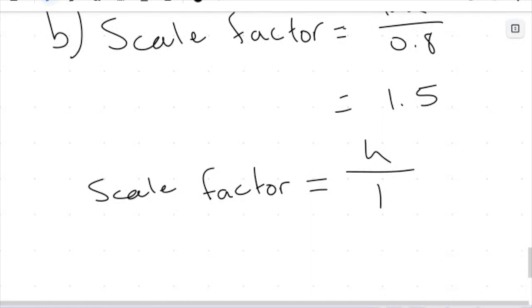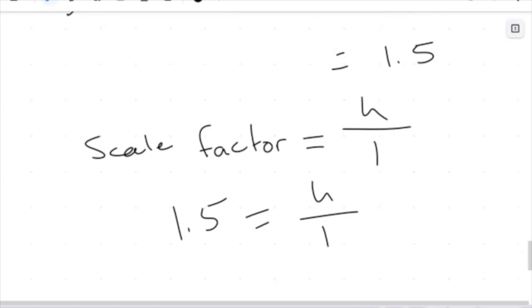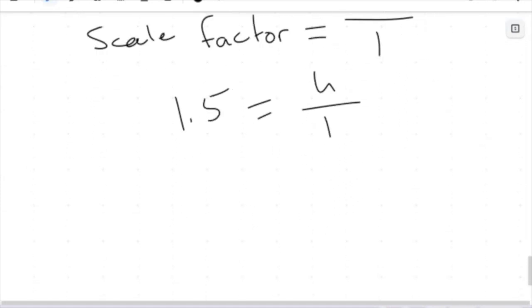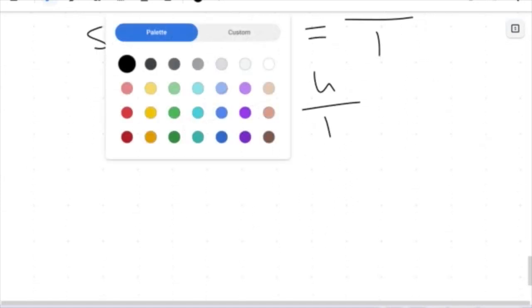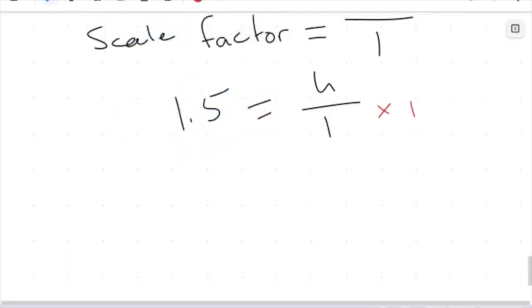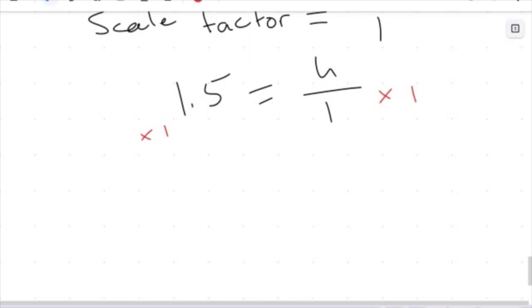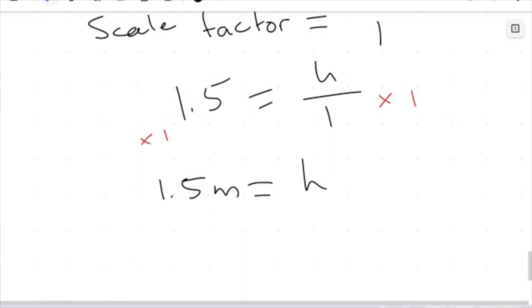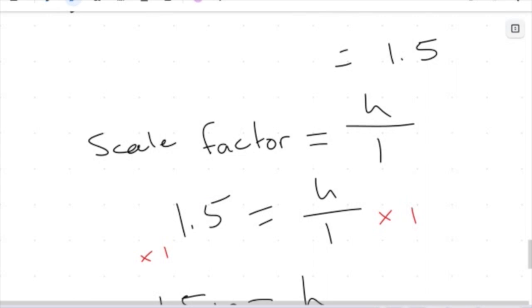And I already know my scale factor, that's 1.5, equals to h divided by 1. Now, h divided by 1 just gives me h, or we can get rid of the 1 also by multiplying both sides by 1 to solve this equation. And multiplying 1.5 by 1 just gives me 1.5. So Chris's height is going to be 1.5 meters high,